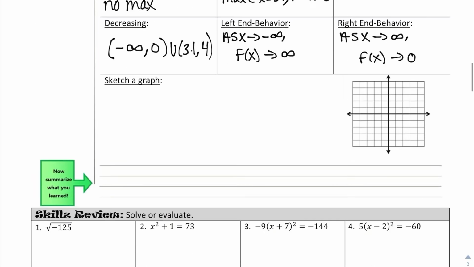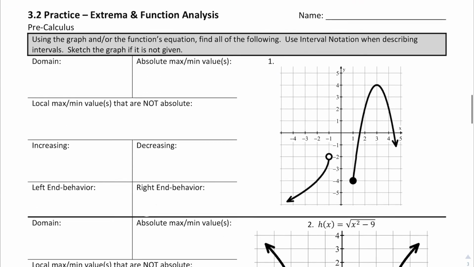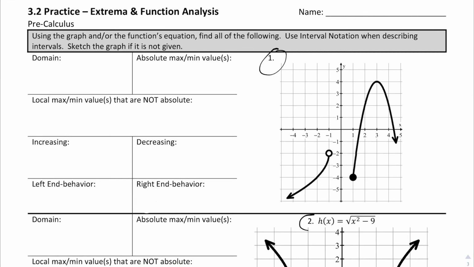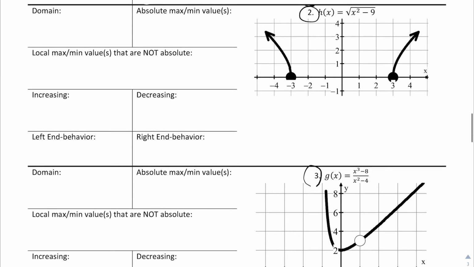So what I would like you guys to do is to try below on the practice numbers 1, 2, and 3. See what you can come up with for those values. If you finish, you can try some of the other ones, 4, 5, and 6, or you can also go back and brush up on your factor